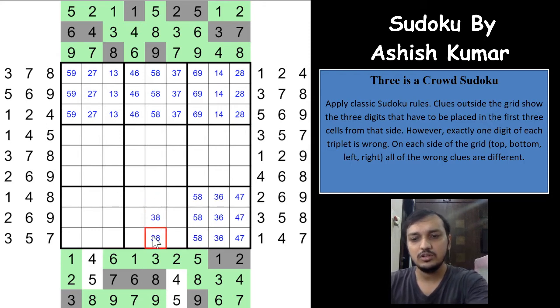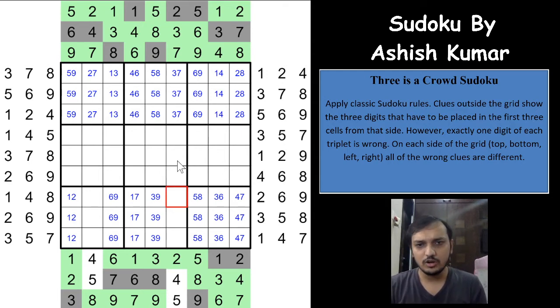Sorry, I would not mark the 2 now because we don't know the other digit, but we'll get back to that soon. Here it has to be 1 7, here it has to be 6 9 and 1 2, right? So we have marked those already. So if you see, the 9 has to be in these 3 cells in this box because of the 9 here. So I will mark the 9 here in these 3 boxes.